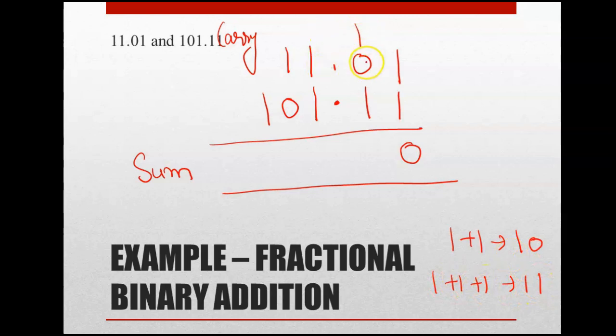So now you have 1 plus 0 is 1, 1 plus 1 is 0, and then again carry 1, right? Then triple 1, 1 plus 1 plus 1 is 1 1. Here also 1 and here also 1. Then 1 plus 1 is 0, 0 plus 0 is 0, and then again carry 1. And this will be again the same thing. It is 1 plus 1 is 0, and then carry 1. And that carry will end here. So this is the final sum in case of the fractional binary number.